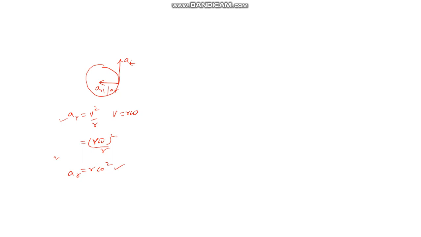And here in the radial direction, you cannot use v is equal to u plus at, s is equal to ut plus half at square. All those three formulas you have learned, you cannot use in this direction. You can use those formulas in the AT direction, the tangential direction. Here v is equal to u plus at you can use.